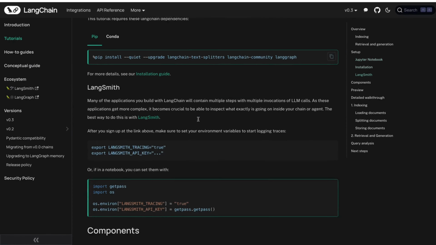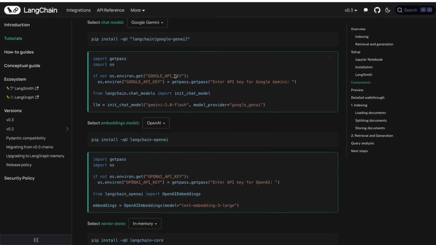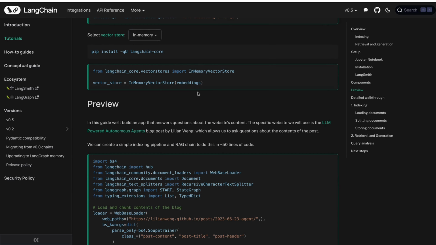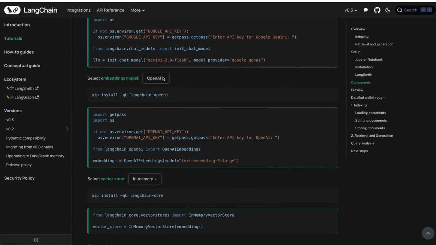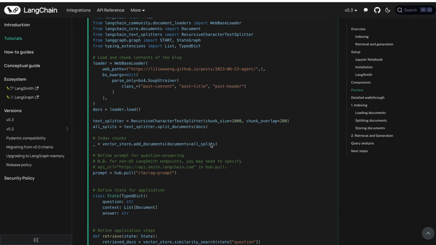That's not a problem. Until that's done, we can check what things are available in the documentation. This is how we can import the vector store. Here you can see there are different vector stores available. Also you can change the model to use any model. Here you can choose Azure, Google Gemini, etc. There is a lot of flexibility in the